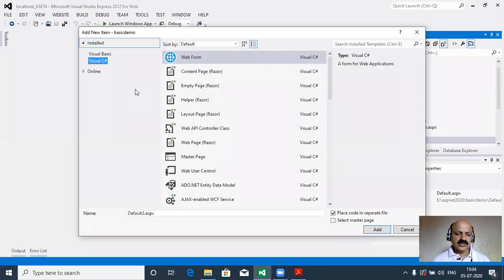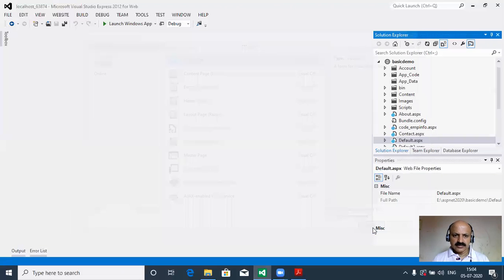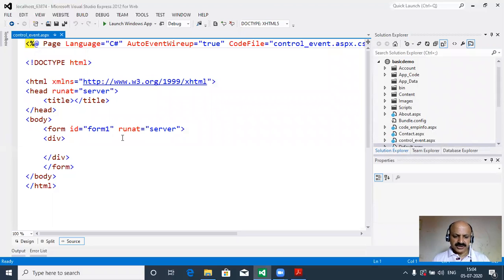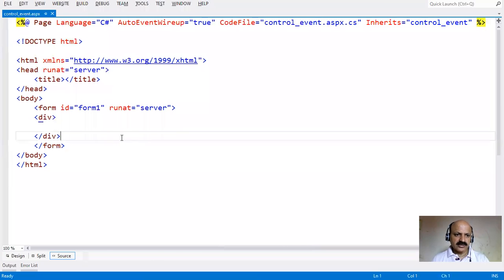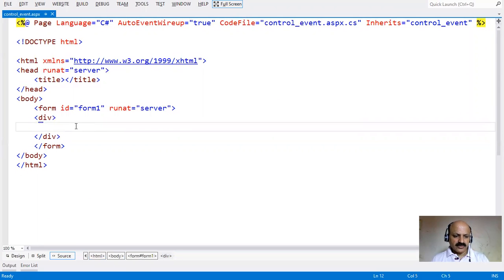In file menu we can select new file, and here we have to use C# web form files, and here provide the name of file like control event. Okay, so add, just press add button. Shift Alt Enter is the full screen shortcut key.